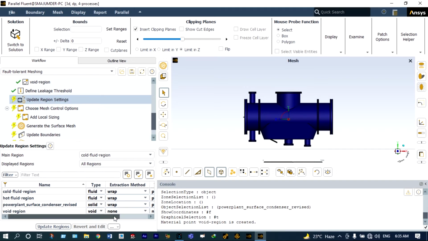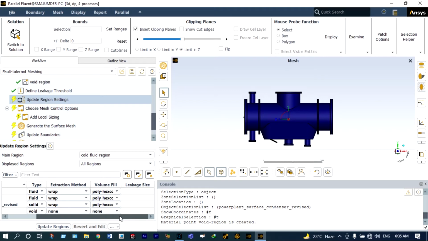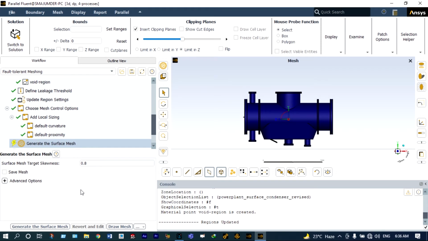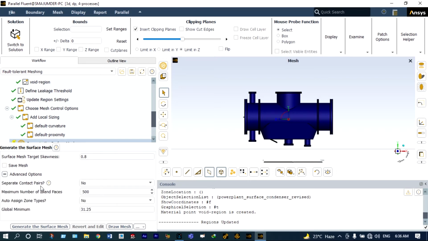For all the cold, fluid and solid regions, we have identified polyhexcore mesh. With this, let us update these regions. Next to that, with the default mesh control options, we can update this region. Finally, we need to generate surface mesh with the targeted skewness of 0.8. And again, from advanced options, we need to separate contact pairs. So it will be yes,